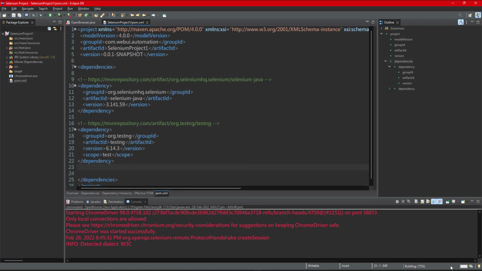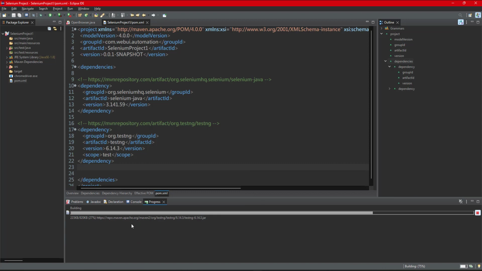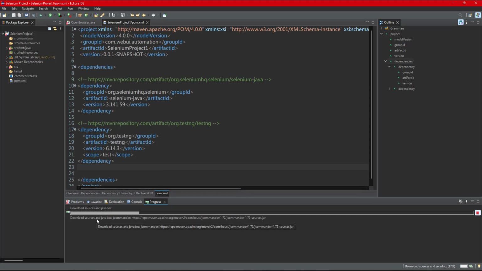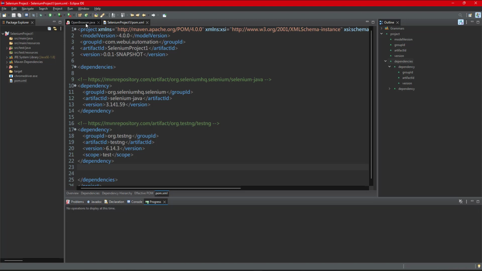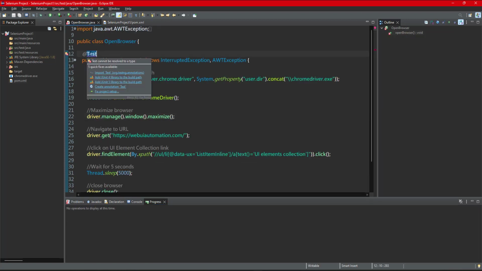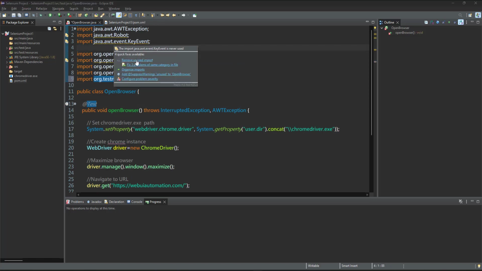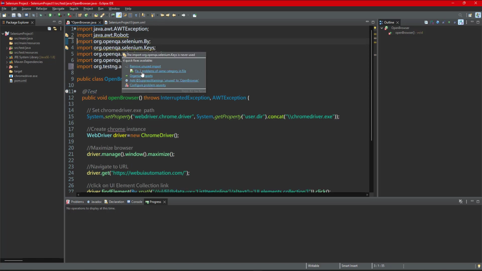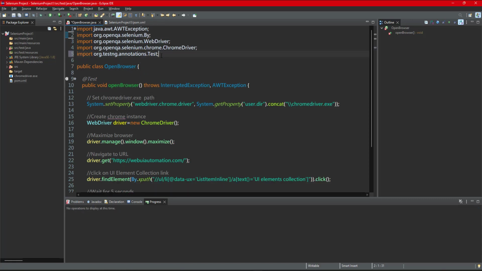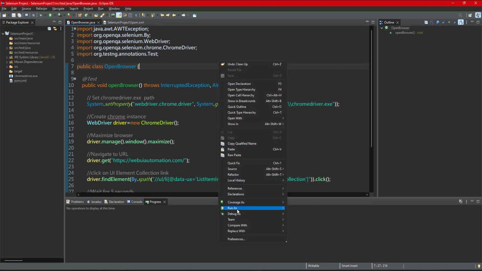You can see it is downloading the TestNG jar files. It may take some time the first time. Okay, so it is still downloading. It will take some time, and then we can import TestNG. Yes, we are getting the TestNG option now to import. You can see it is imported from TestNG. I'll just remove these unused imports. Save it. Now if I right click, run as,